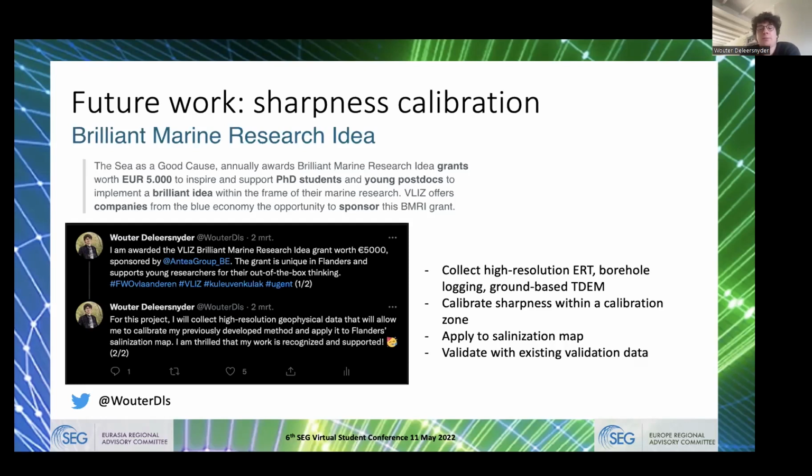So we will do that in a specific calibration zone to get an idea about the sharpness along this orientation. We will then apply it to the salinization map, and then still as a validation step as a last step, which is available at all places of the region, but not really enough data to use that as a calibration